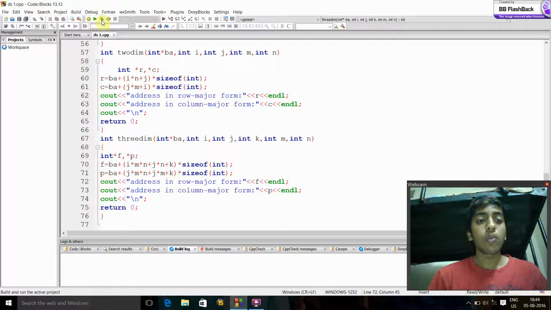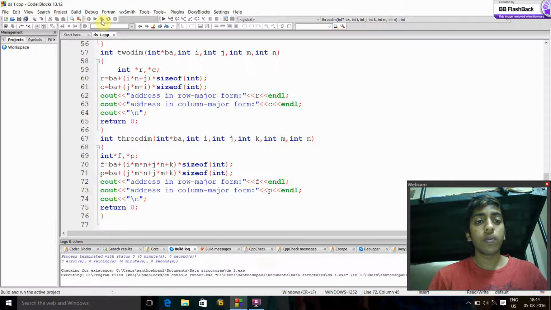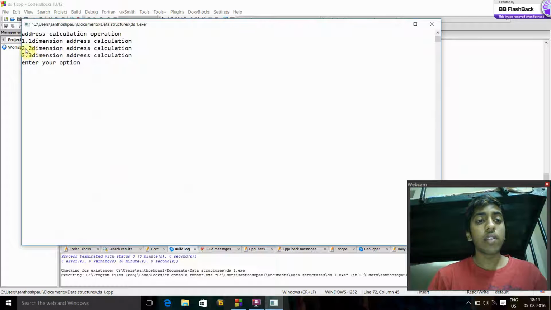Now we'll check this program, we'll run this program. Now it is asking for 1 dimension address calculation, 2 dimension address calculation, and 3 dimension address calculation. Suppose I am the user, I am choosing 1 dimension address calculation, 1. It is asking to enter the address to be calculated. I'll press 0.